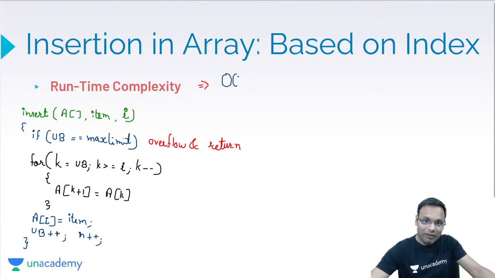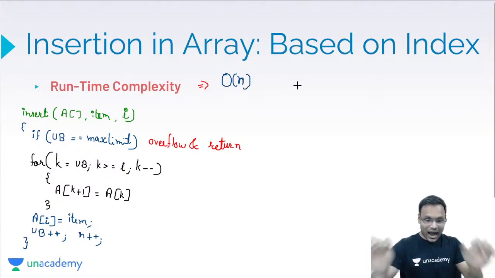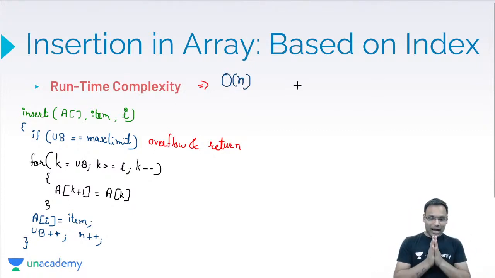Now you will ask, sir, why not theta of n? Just because big O of n means I may have